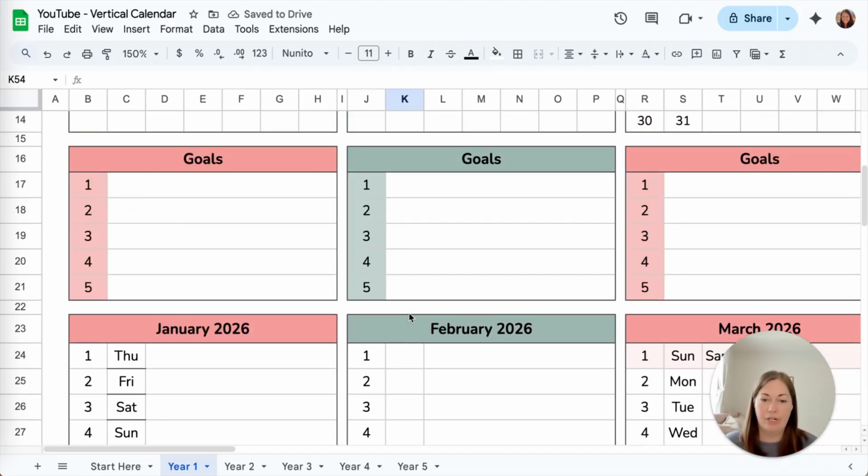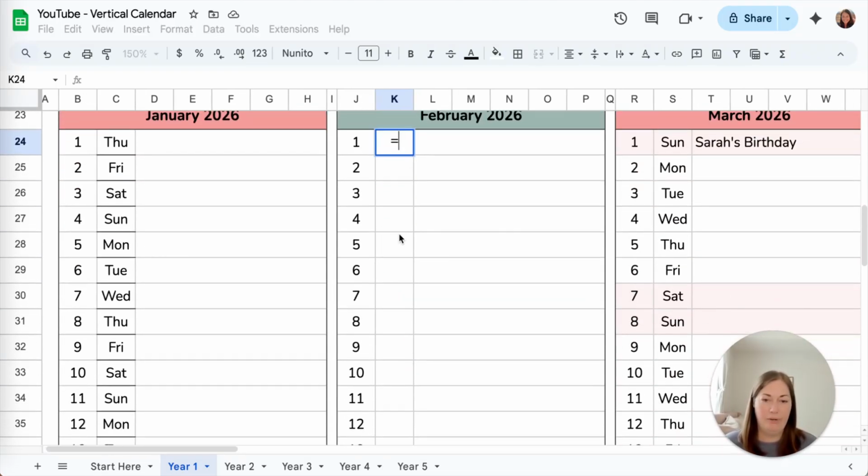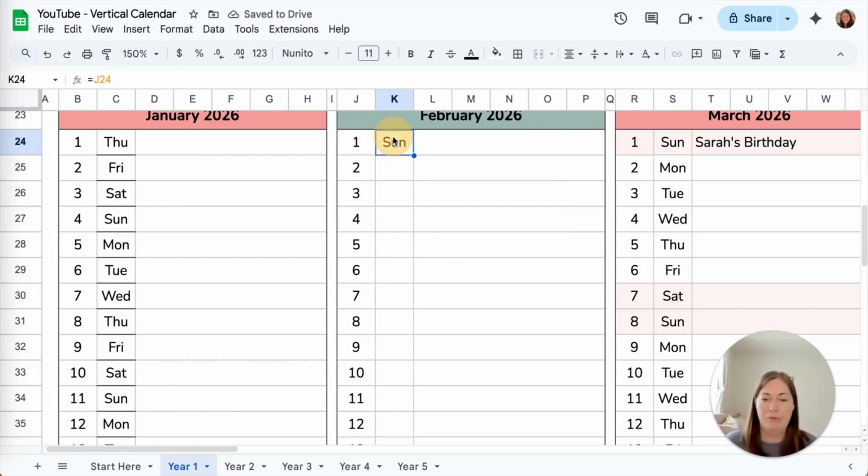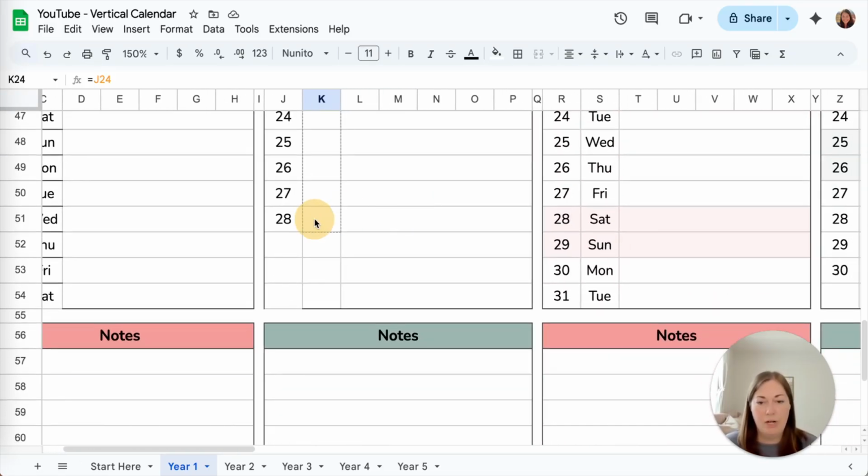But yeah, now what we're going to do is come up here, we're going to do equals, and then we're going to reference this cell with the date in it, hit enter. We have autofill, but I don't need that. I'm just going to select my first cell and use the magical blue dot to pull it all the way